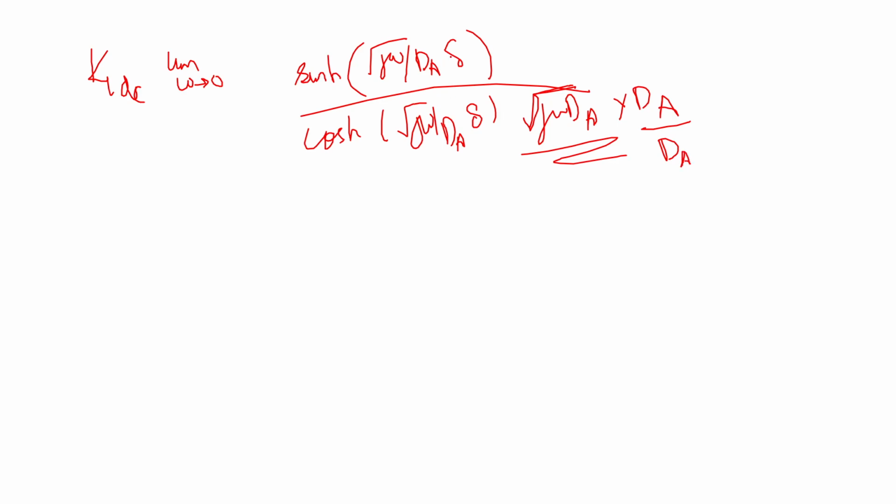Similarly, there is a del, right? So I'm again multiplying by del and dividing by del, right? That makes sense, right? So the next step becomes